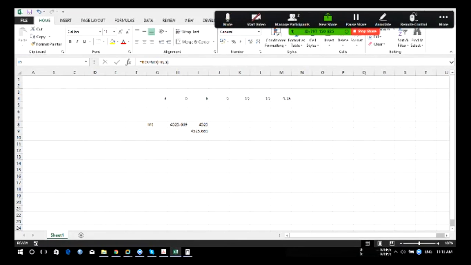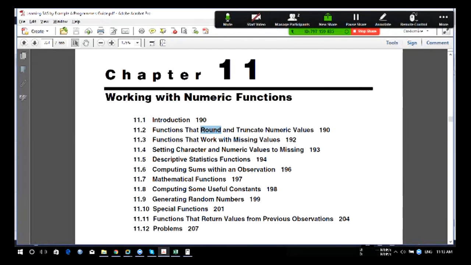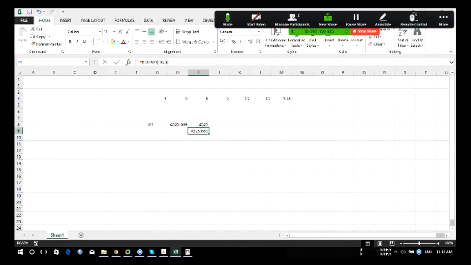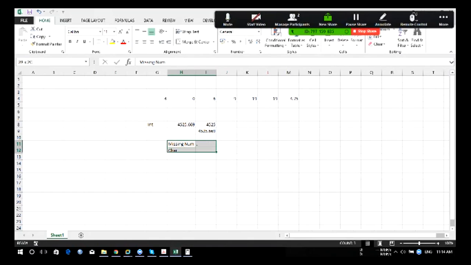If you go to another one, they are talking about character and numeric values being missing. There are two functions which we already knew for missing. Numeric is always denoted by a dot and char is always denoted by a blank, correct? Char will always be blank to represent missing, and again numeric uses a dot to represent missing. Correct?